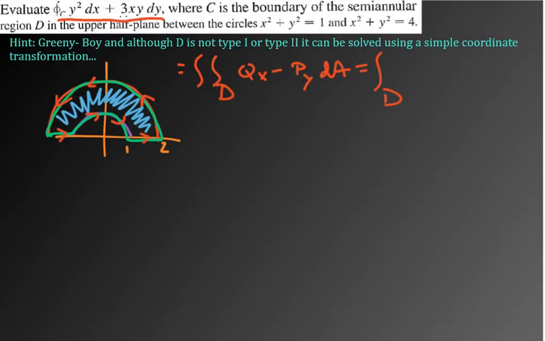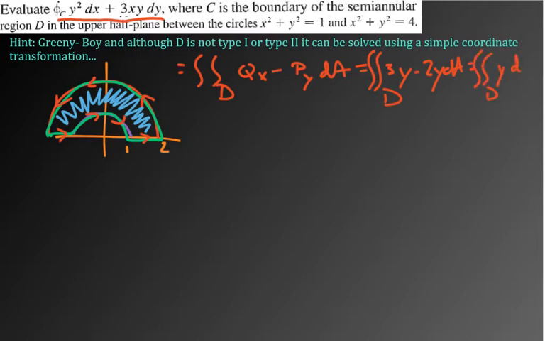So Q is right here, and the partial of this with respect to x is 3y, and then the partial of this with respect to y is minus 2y, and then that would reduce, of course, to a double integral